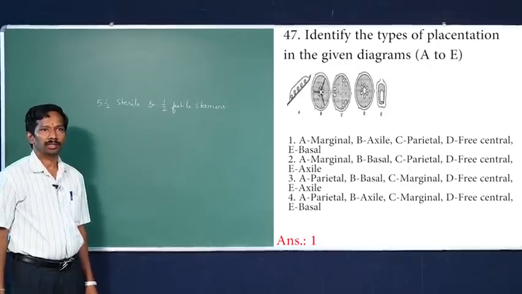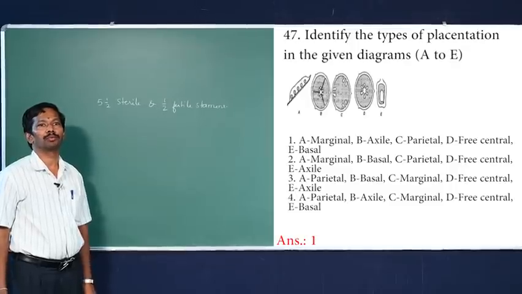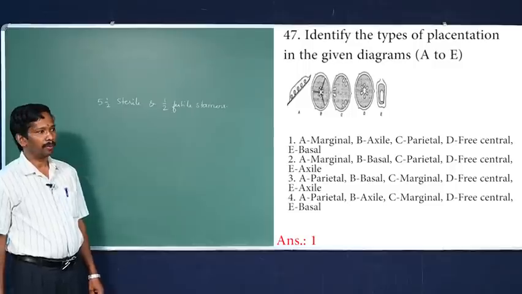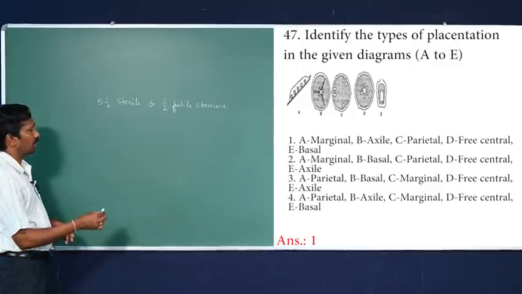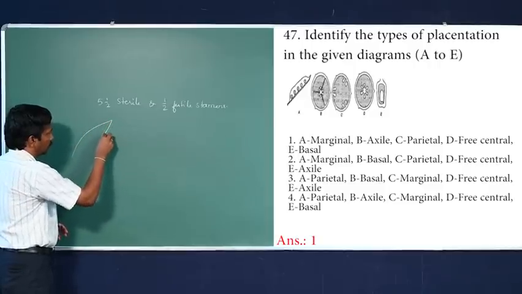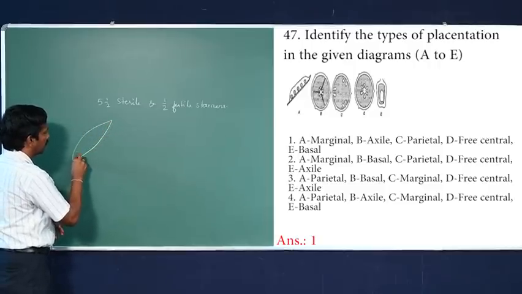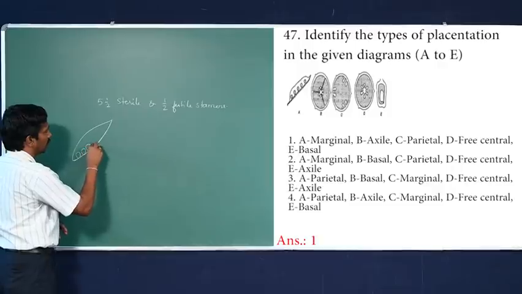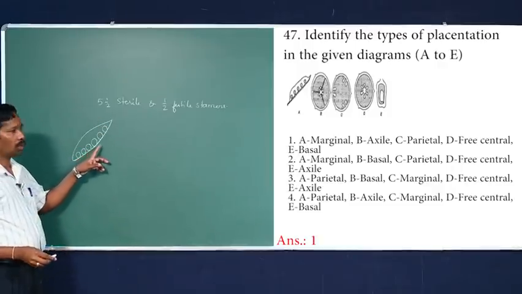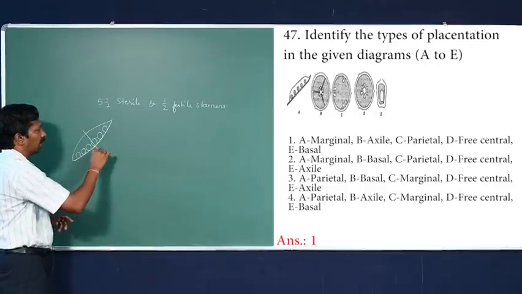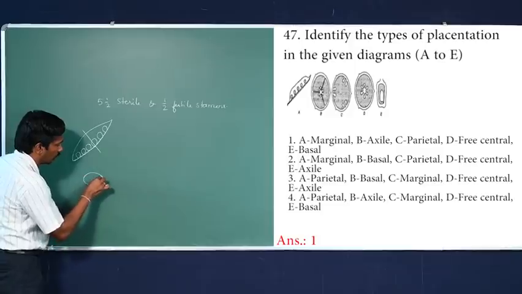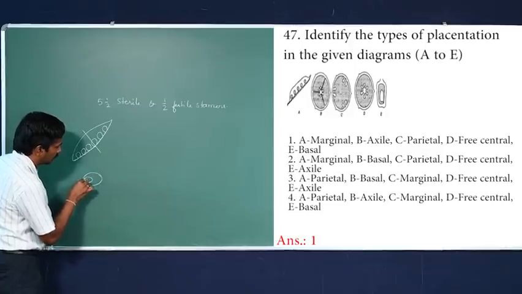47, it is related with the placentation. Textbook diagrams of placentations are given. Arrangement of ovules on placenta is called placentation. In beans, placenta is present at one margin, where carpel is only one, locule is one, and many ovules are present on one marginal placenta. When you take the sectional view and observe under a microscope, you can find placenta is present in one